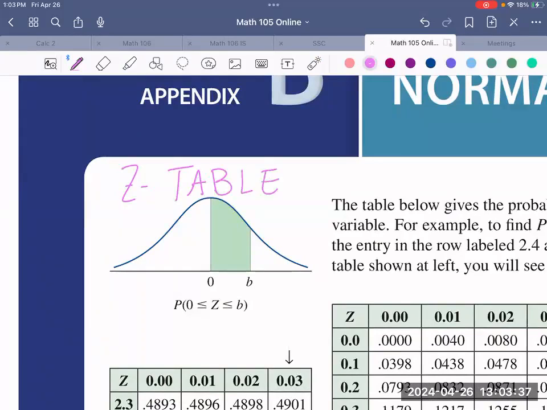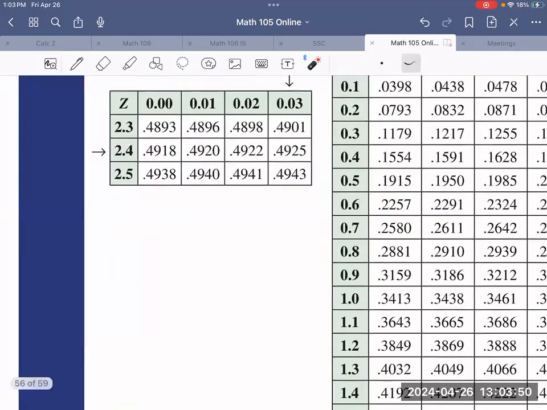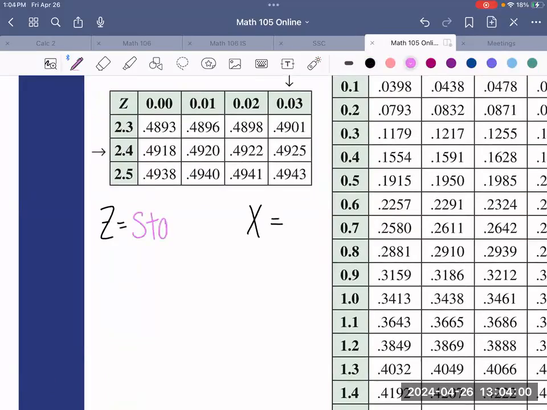It's called a Z table because now all of your values are not in your standard X variable. We've now transformed it into Z, Z being your standard normal variable. And we'll write that here. You're going to be seeing Z equals and X equals. Z is your